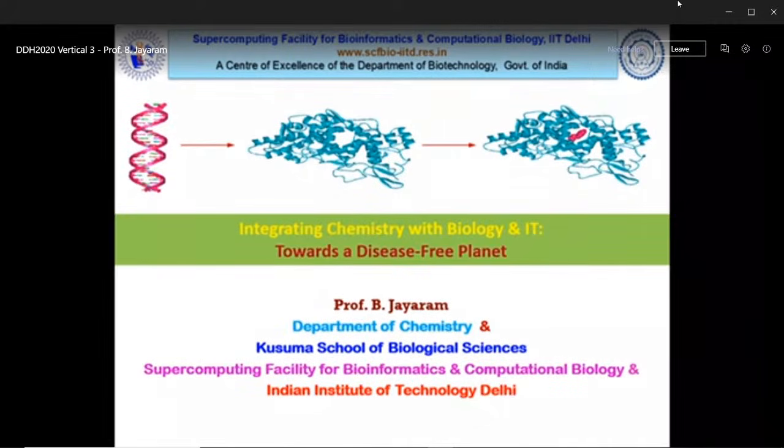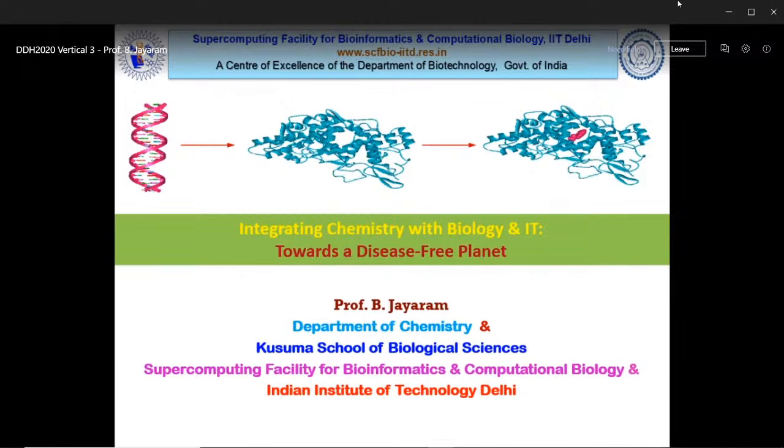In this session, we have eminent scientist Dr. B. Jayaram, Professor, Indian Institute of Technology, Delhi. Dr. Jayaram has been a faculty member of the Department of Chemistry at IIT Delhi since 1990. He is a recipient of various awards, including the CRSI Medal and the IBM Faculty Award. He is the principal investigator and coordinator of the Supercomputing Facility for Bioinformatics and Computational Biology at IIT Delhi. His group is mainly responsible for developing Chem Genome, Bhagirath, and Sanjeevani methods and software for genome annotation, protein